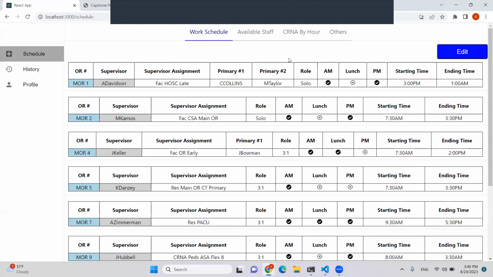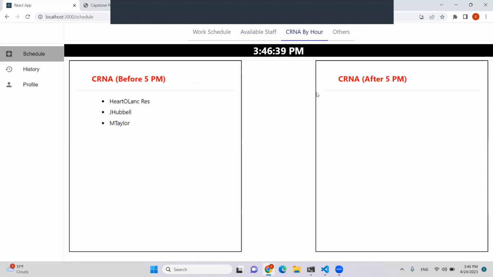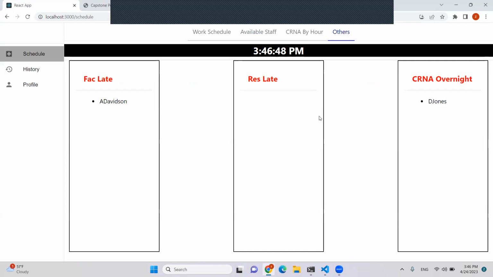Lastly, we also have the on-call page that's embedded into the work schedule page, where we can see a list of available faculty, residents, or CRNA staff. We can also categorize the CRNA staff by people who leave before 5 p.m. or people who leave after 5 p.m. We also have other categories that we can categorize